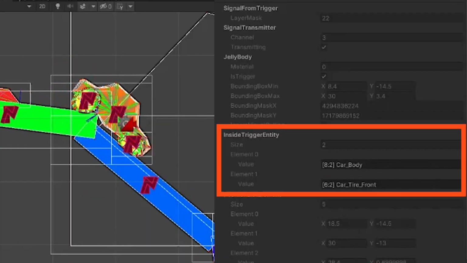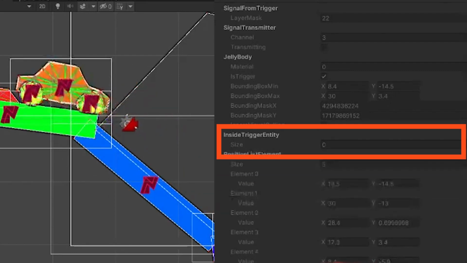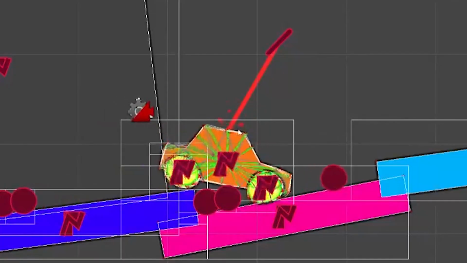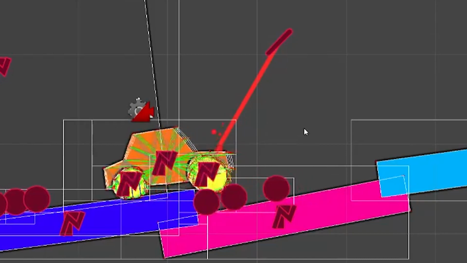I mentioned some improvements to the core Jelly physics engine, so we can take a look at a few of those real quick. We have triggers. Amazingly, previous JellyCar games never had triggers, just like air volumes or areas that you could go inside and the game would know you're inside them. Raycasts. We never actually had a way in the old Jelly physics system to shoot a line through the world and see what it intersects. We have that now, so I can do things like tripwires and other effects.